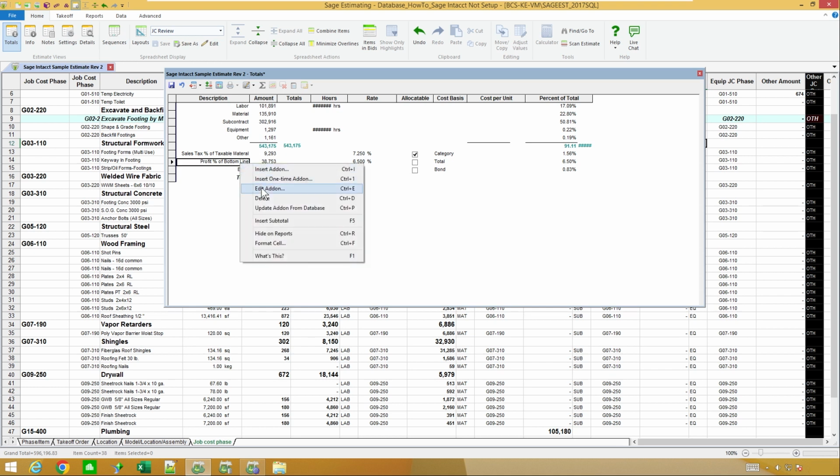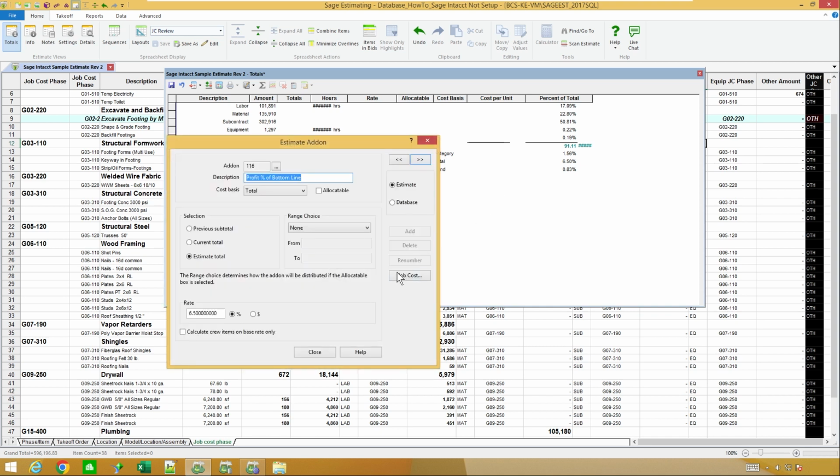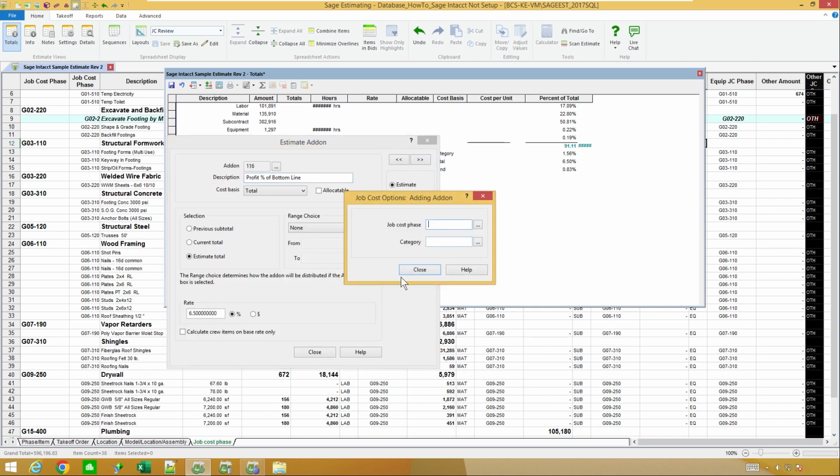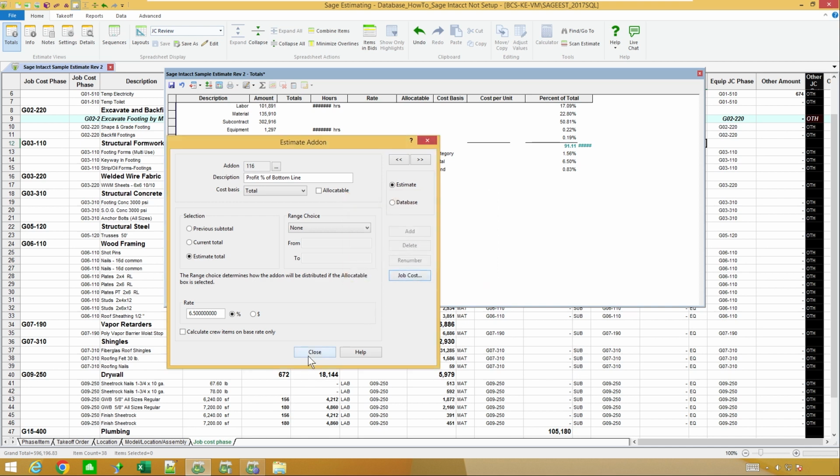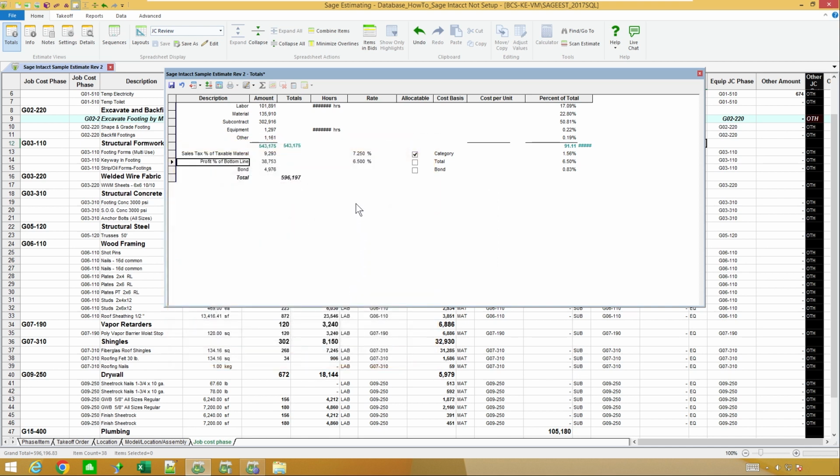Profit. If I take a look at profit, I don't want to allocate it. And if I look at edit add-on, I want to make sure that it does not have a cost code. So in profit's case, I don't want profit to go over at all because in my case, I'm saying that my budget is what I really anticipate on paying. So I don't want profit to skew it. We always have like a contract that actually will be, in my mind this is what I consider the contract price or round it off or whatever type of thing. Whereas my estimate is really almost $40,000 short of that. Now bond, I do want it to come over.